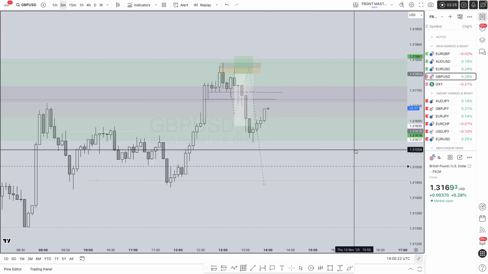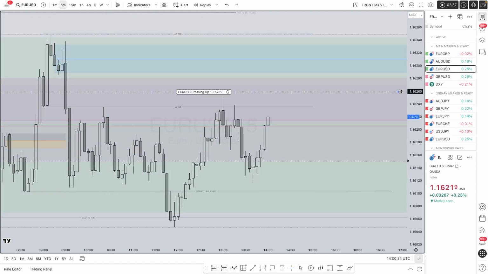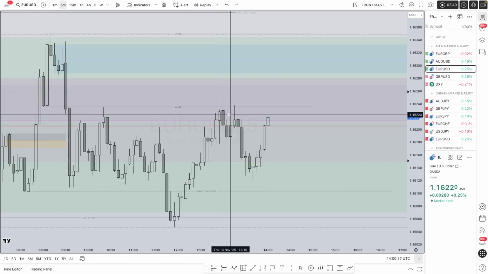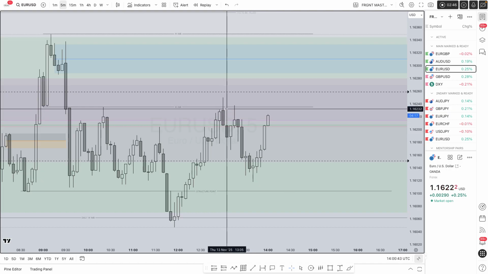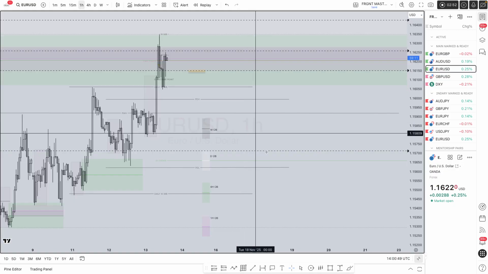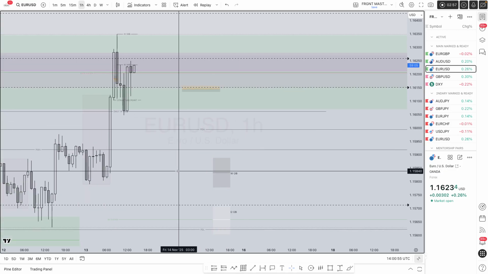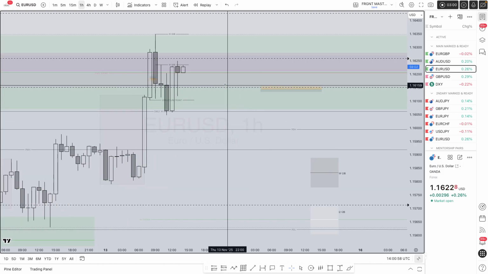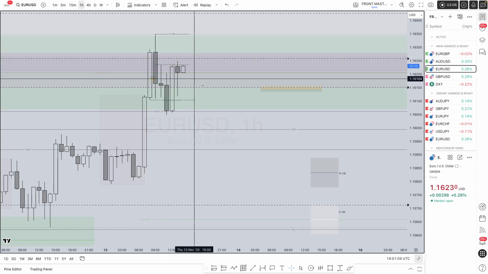So I was using GBP USD and looking at the correlation between that and also Euro US dollar at the same time. At the time of taking the position on GBP USD short, price had come into a wick imbalance area of the 1 hour. I'll give you that now to have a look at. As you can see, a previous wick imbalance was created and price tapped into that area on Euro US